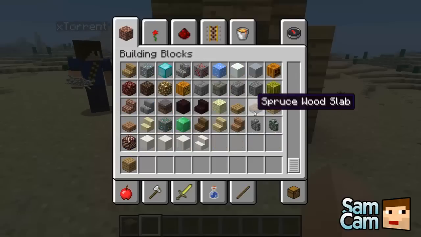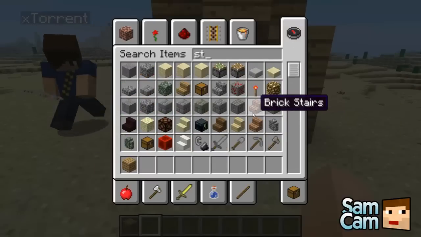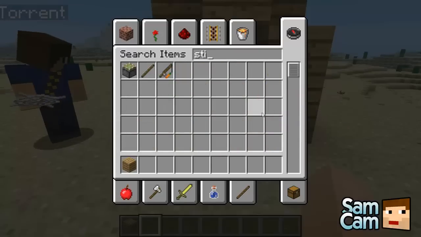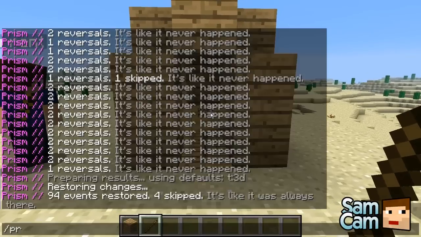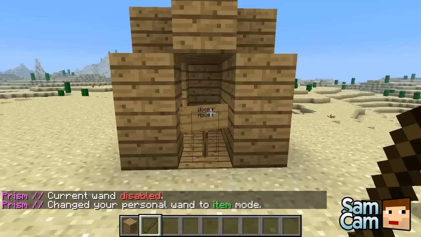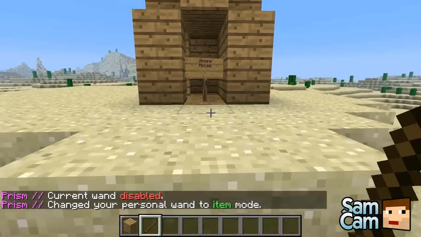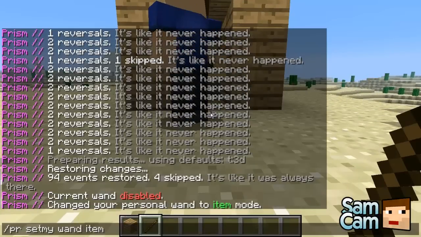So what's a good item to use? Would you say a stick? I don't know. I just typed in any random number and I got webs. All right, webs. So let's do PR set my wand mode item, and it will change your personal wand to an item mode. And then you do PR set my wand item, and then the ID, which I don't know for